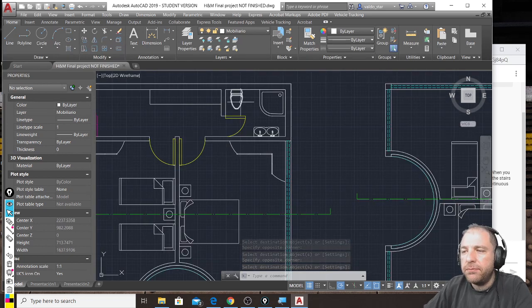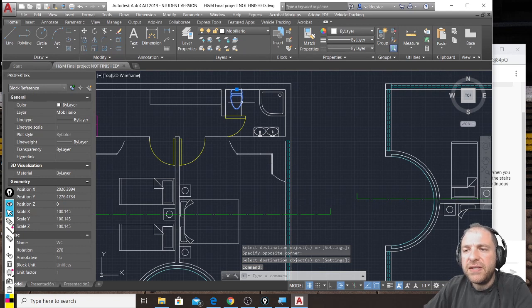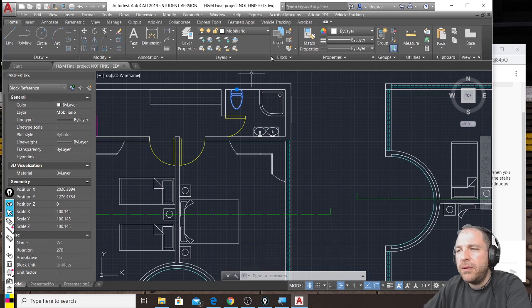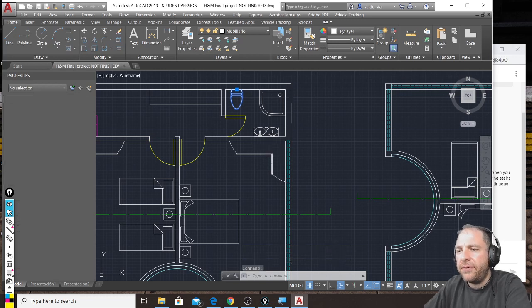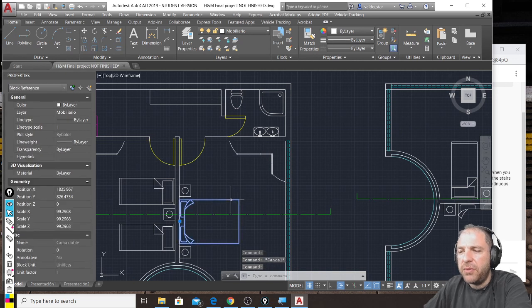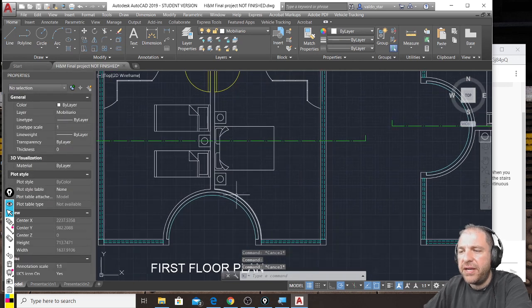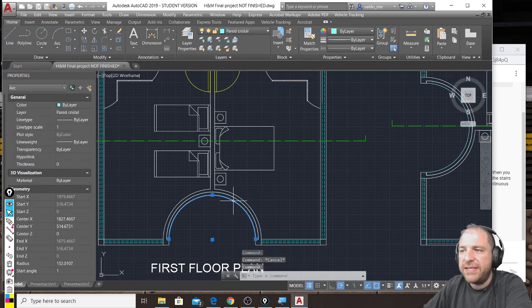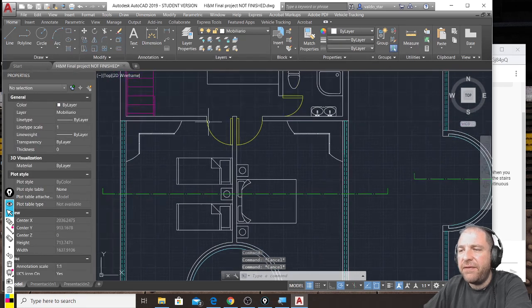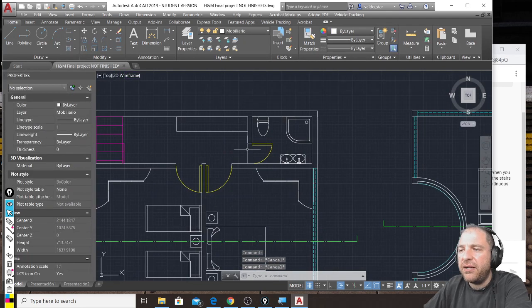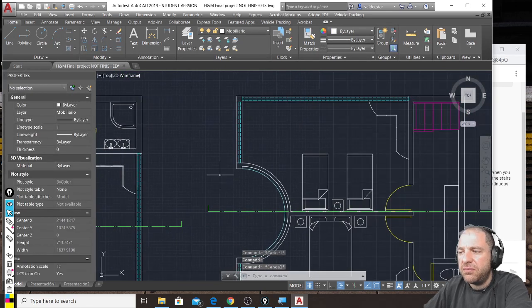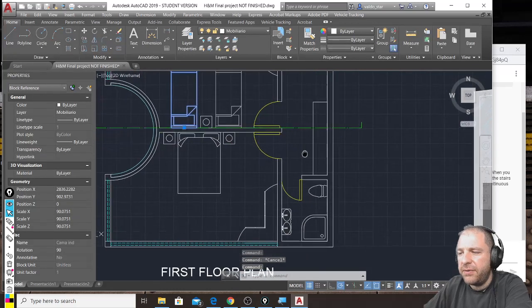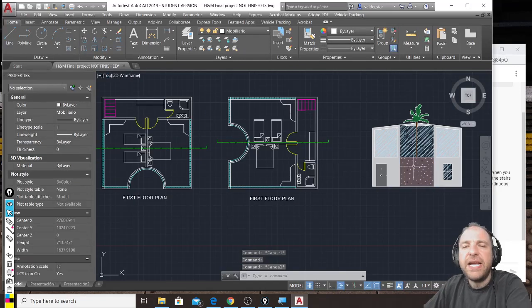For example, here, this is something in a layer called mobiliario. This is mobiliario. This is mobiliario. This is paredes de cristal. No, everything else looks fine. This is doors. This is mobiliario. Paredes. Mobiliario. No, it's okay. So everything else is fine, but with match properties, you can quickly